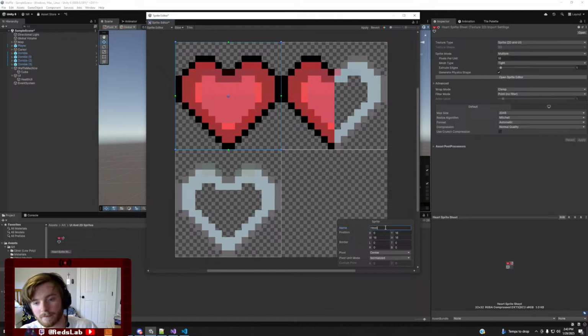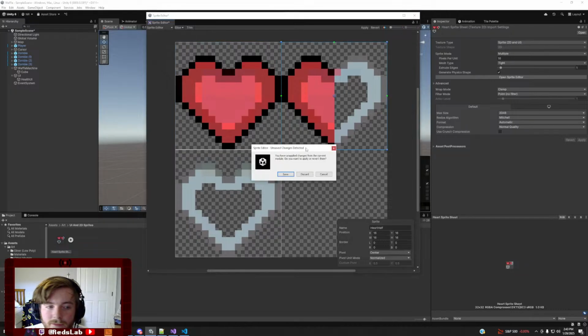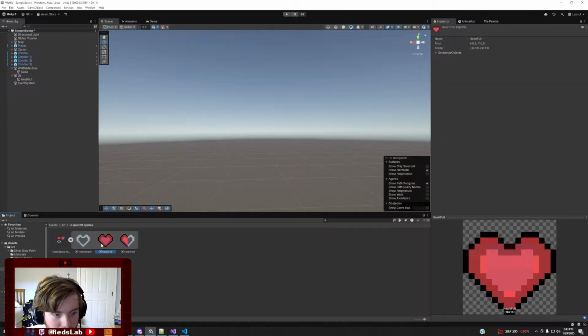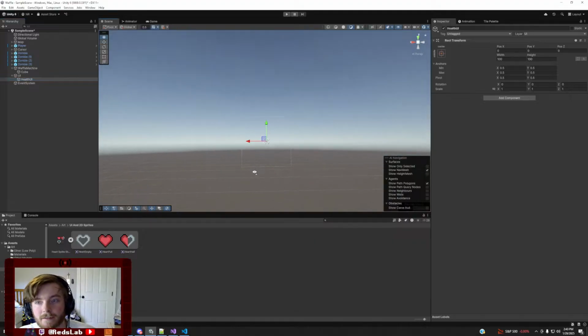Alright, so we have a heart. We're going to say heart full, heart half, and then heart empty. Okay. And apply that. Okay, cool. It's basic sprites. Save that. Alright, cool. So now if we open that, we have our heart sprites right here. So if we go into UI,